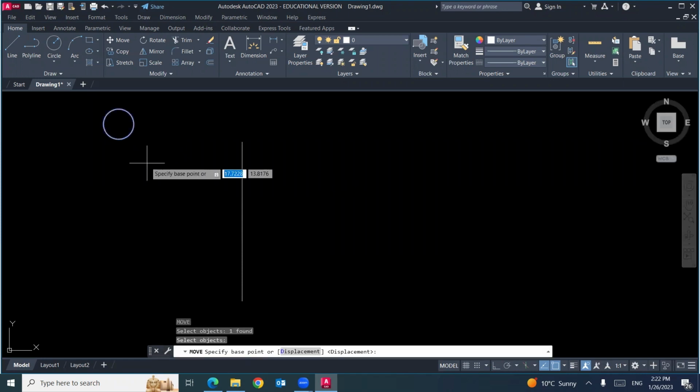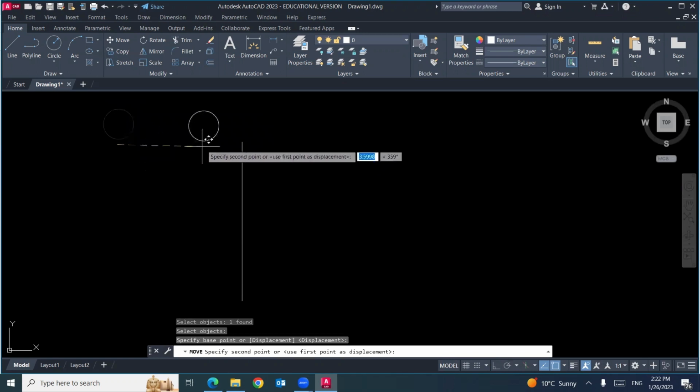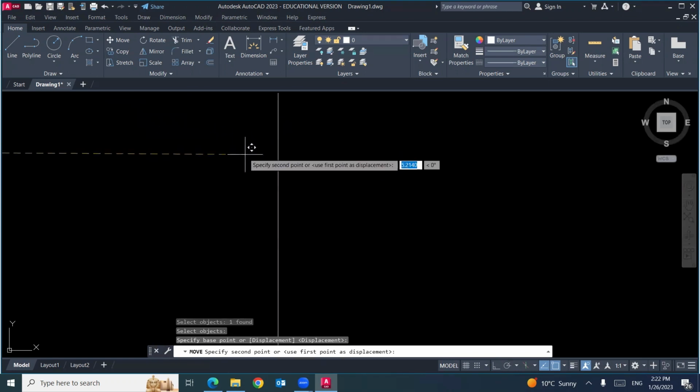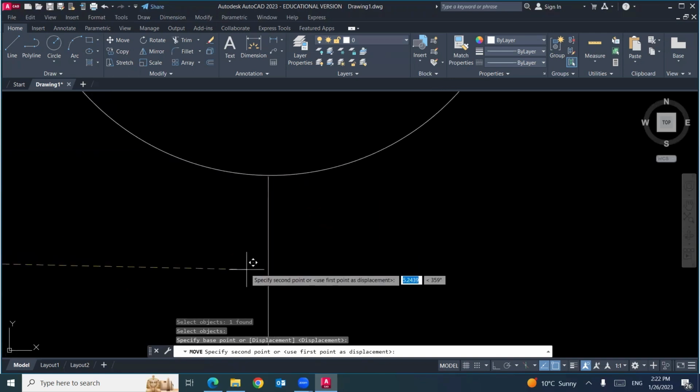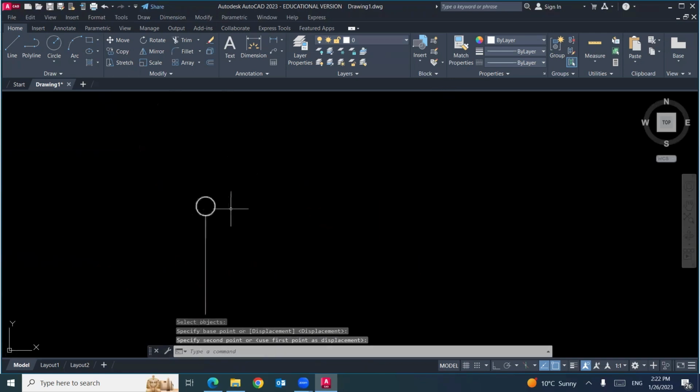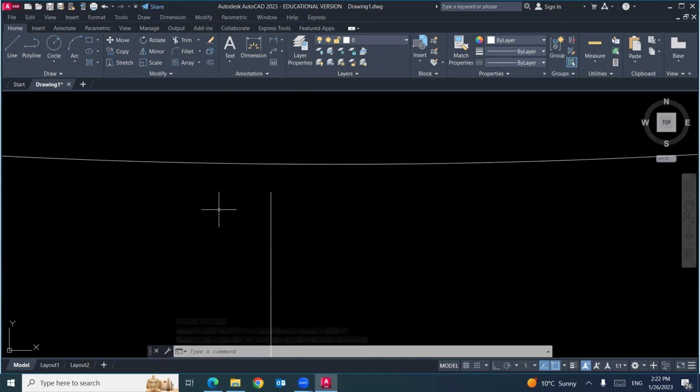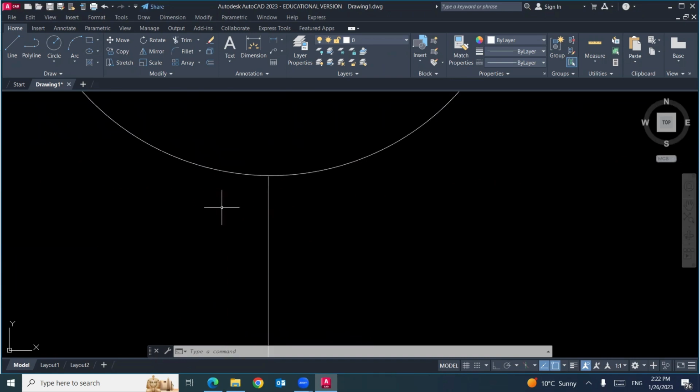Base point, where can I hold this circle? If you hold it at any point and you try to adjust it here, you cannot. Yeah, looks like it's here, but it's not 100%. What should I do?